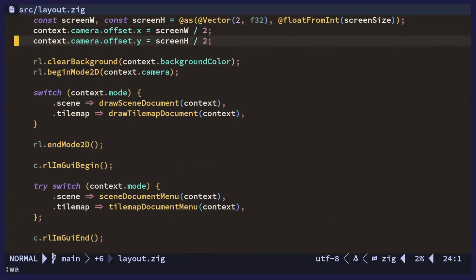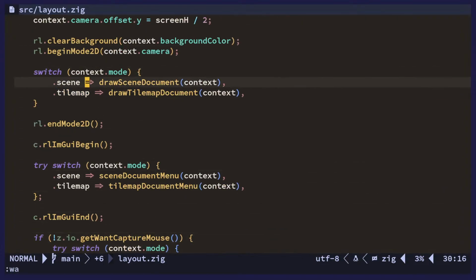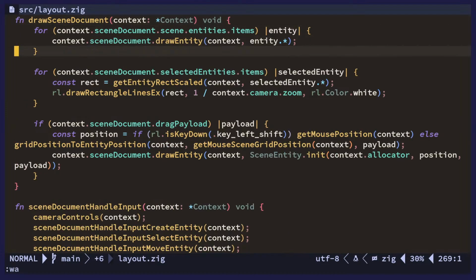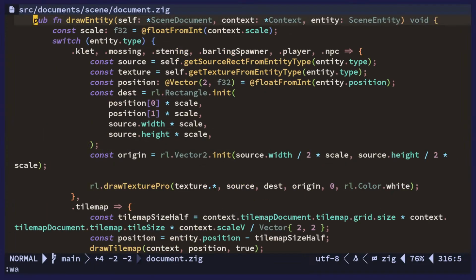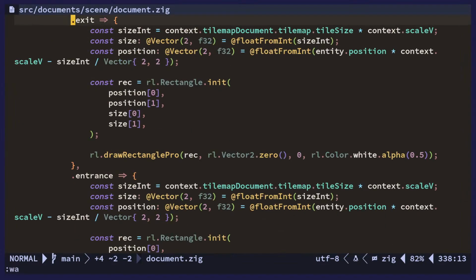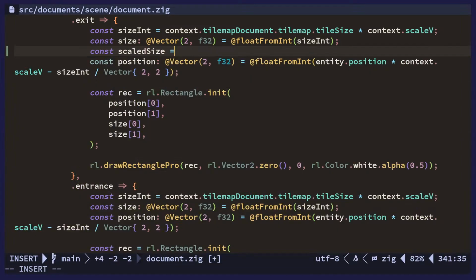So let's go here and here. Right, so here we have entrance and exit. The size is going to change then. So the size is going to be times. Wait, this is. Okay, let's do scaled size. Easier here. Size times